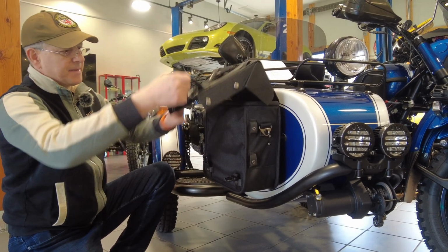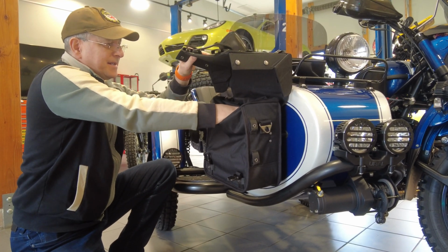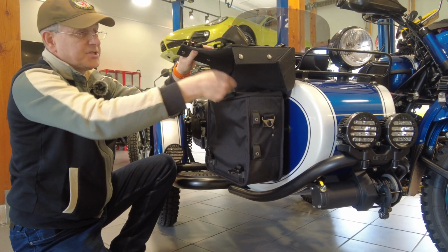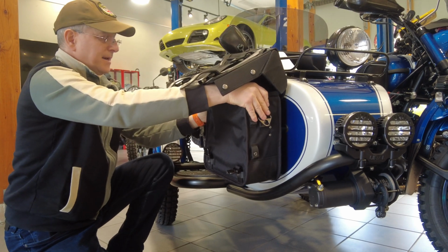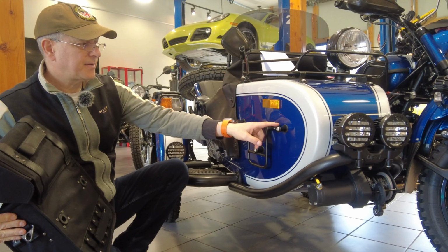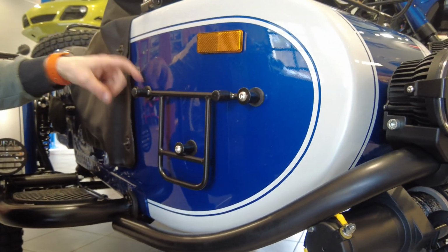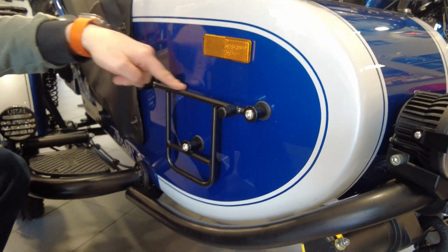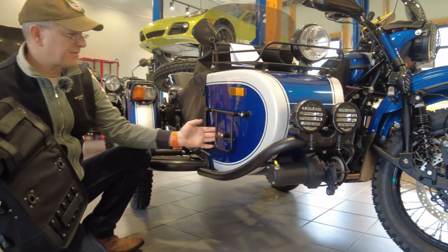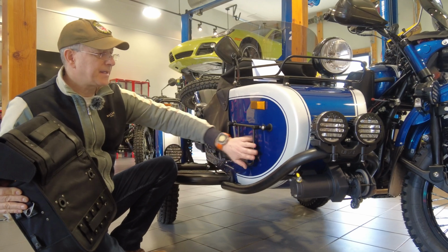If you'd see this bag in some fancy store, it would be 3 times the money. And then this bag is very easy to remove. I just pull 2 pins, and this comes out and this goes up. So we have the custom bracket that was designed by our team and manufactured here locally, of course, in the United States and Massachusetts, by one of the machine shops. It is powder coated. There are, as you can see, again heavy-duty rubber spacers, stainless steel hardware, and